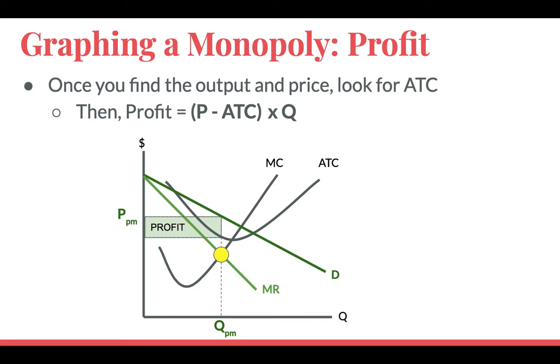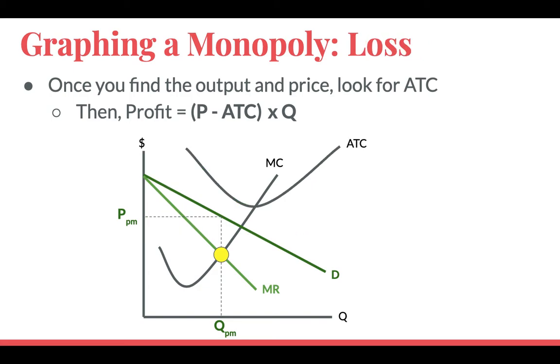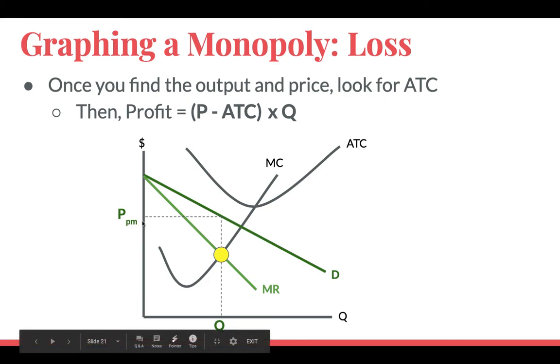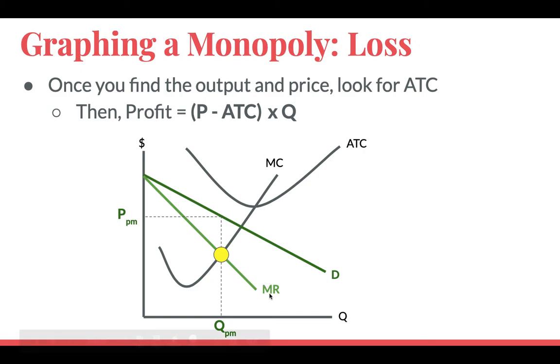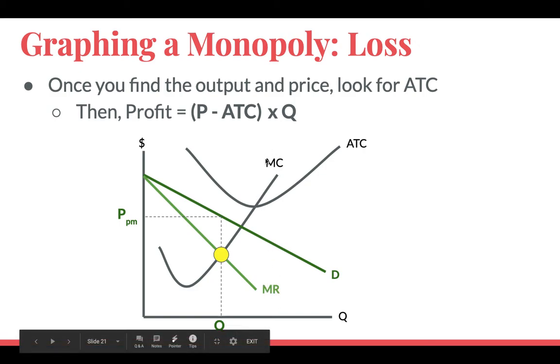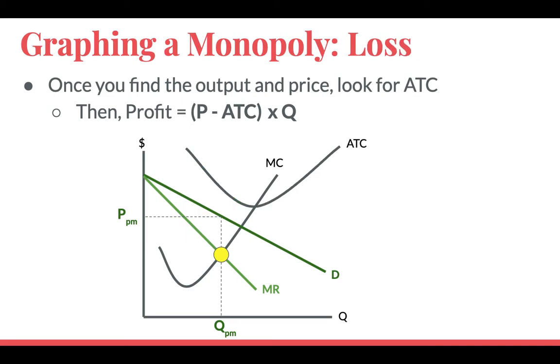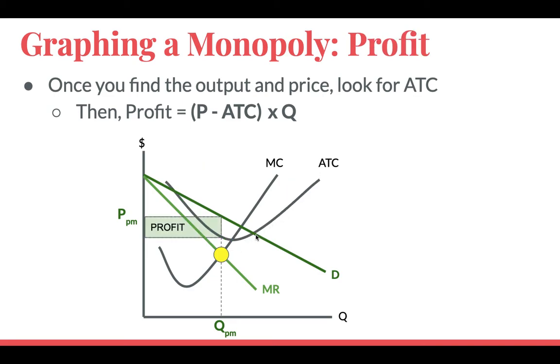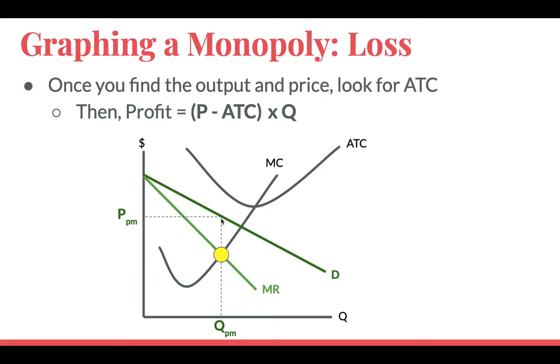Now, how would we graph this? Same as always. The quantity and price don't change, because what determines quantity and price is the marginal principle, where MR intersects with MC. Marginal cost, marginal revenue, here, right? That's not changing from one graph to the next. The only thing that's changing is that our average cost curve now is above the price. So we're producing at this quantity and we're charging this price, but the ATC curve is up here.